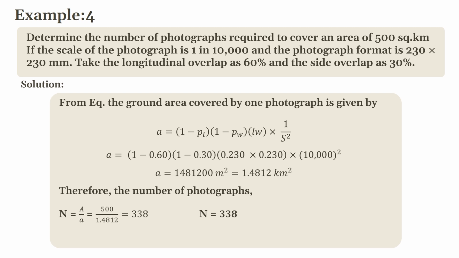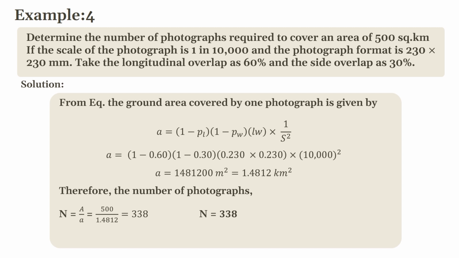Small a is equal to (1 minus PL) into (1 minus PW) LW into (1 minus 1 by S) square. Repeat, small a is equal to (1 minus PL) into (1 minus PW) LW into 1 by S square. So, putting in the values, we can obtain A is equal to 1.4812 kilometer square. It means one photograph covers